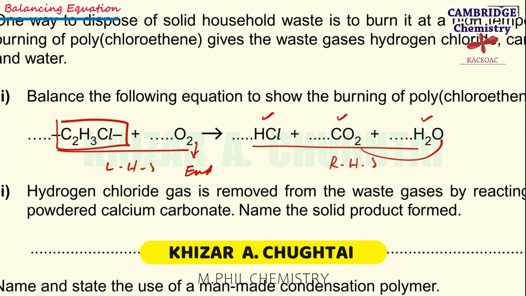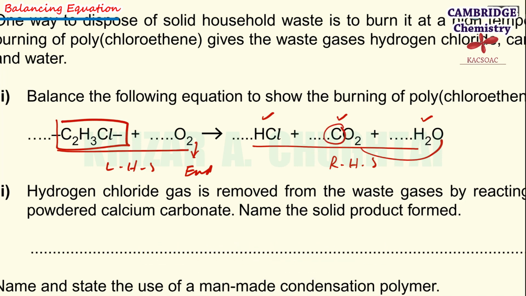So first of all, I'm going to balance the carbon atom because it is situated at 1 position. Here, let's suppose it is 1 mole. 2 ones are 2, so I'm going to put 2 over here to balance the carbon atoms. Now, the next thing is to balance the hydrogen. 3 ones are 3. On the left hand side, hydrogen atoms are equal to 3. On the right hand side, 2 ones are 2, plus if I put 1 over here, so hydrogens are now balanced. 3 hydrogens are there, just putting 1 in front of them. And Cl is also balanced, 1 chlorine atom here and 1 chlorine atom there.